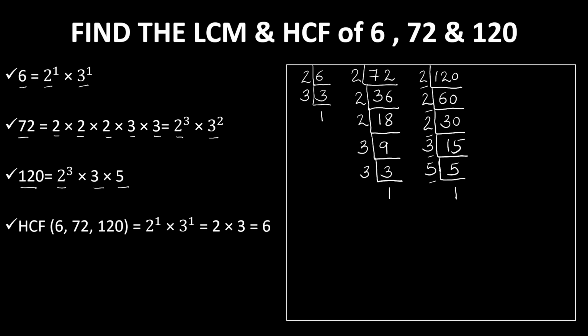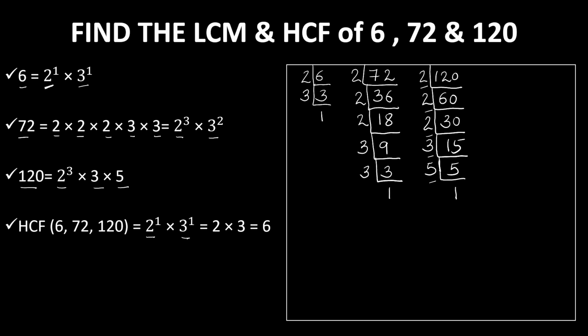In 120, we are having 5 once. So, in the HCF, we will not include 5 at all because 5 is not a common factor of these three numbers together. Now, what will we write as HCF? We will write down 2 raised to 1 into 3 raised to 1 because 2 raised to 1 is